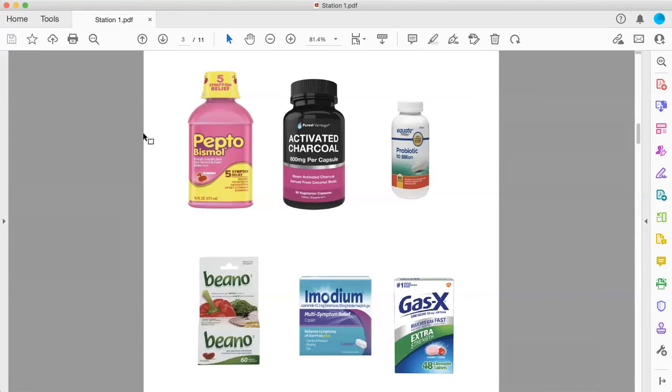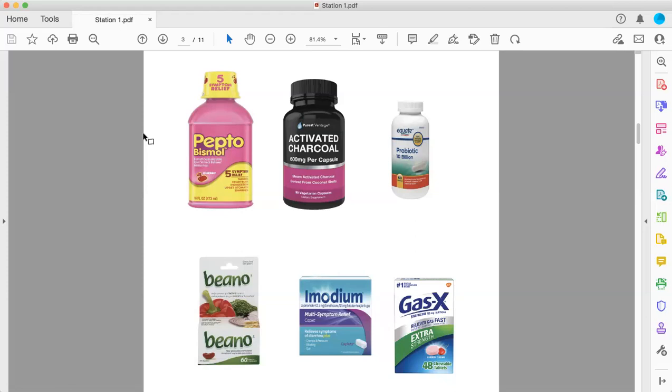Okay. So I didn't think this station was hard at all, but it was sneaky, because one of the main points to have this station fully solved is you have to highlight the smoking cessation. Plus, you have to highlight that we're going to give you Imodium because of the diarrhea, and you have to make sure that if this worsens or is not improving, you have to go to the emergency. The referral is very important, just in case, okay? And you have to tackle the Gas-X or the Simethicone. It's easy and simple, by the way. Any question?